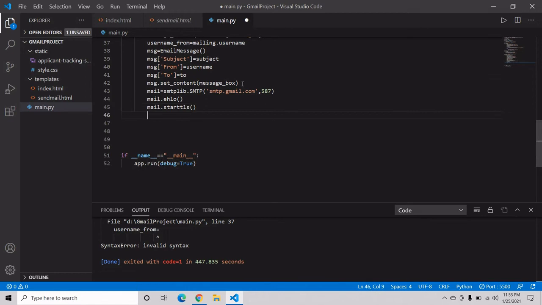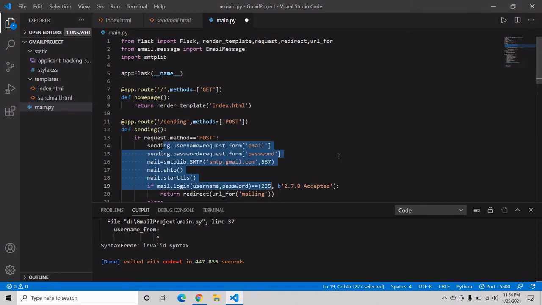Now finally we have to log in, so we have to log in again with the same password, mailing.username, mailing.password also. And both the values are the same as we get in our first login page.